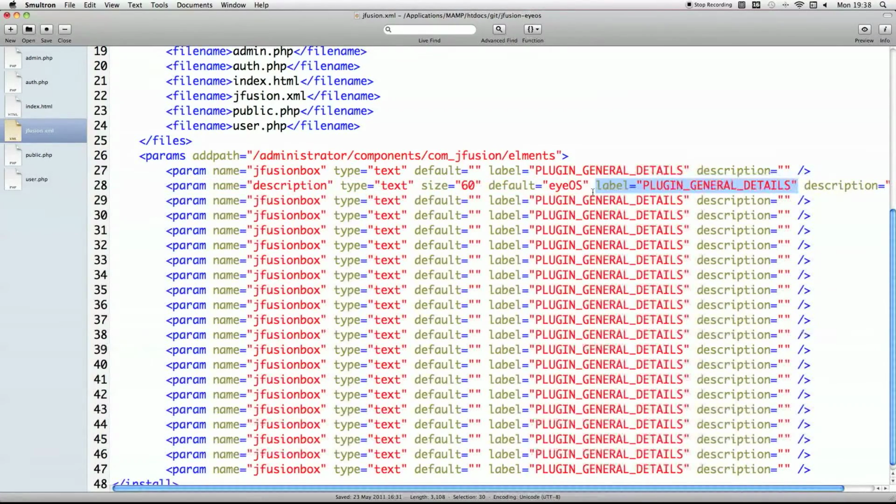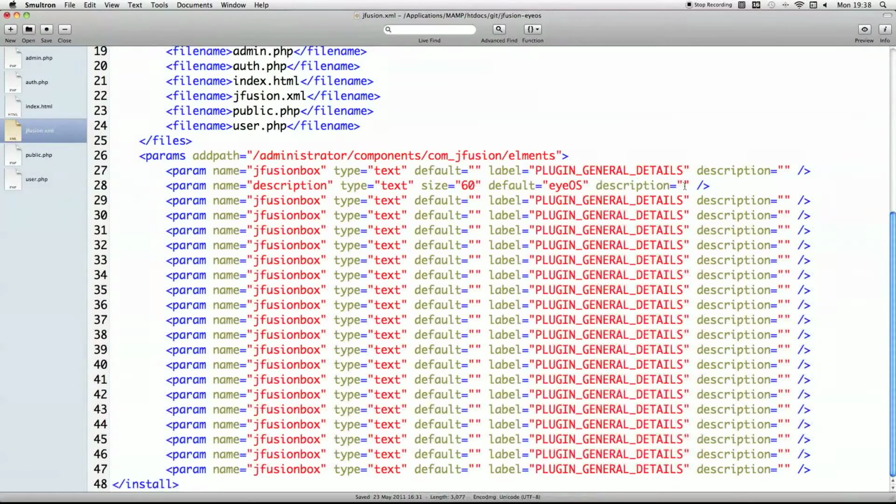This second one doesn't have a label either, and the description. Oops. That size 60 just indicates how many characters go into this parameter. So